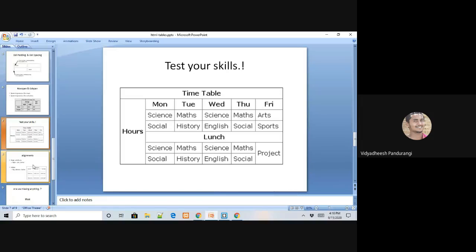I do have one last concept to cover, okay, after this, and then we'll end the session. The content can be anything. Okay, it is just a simple timetable. You can always have the subjects of your own choice. It's not that you should add science, maths, social, and history. You can always add any other concepts. Just draw the layouts, okay, so that you can practice it thoroughly.